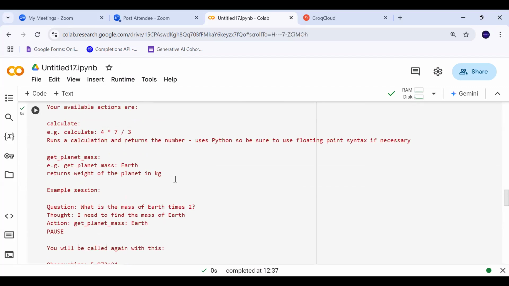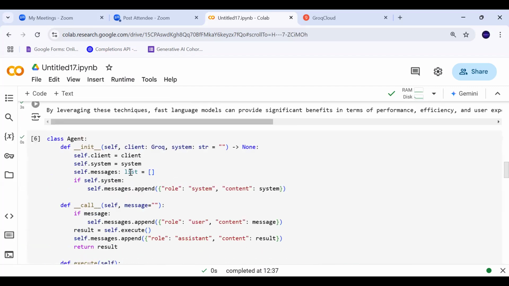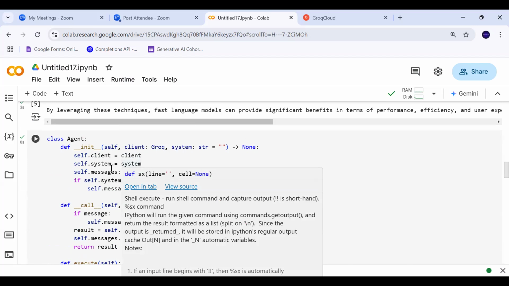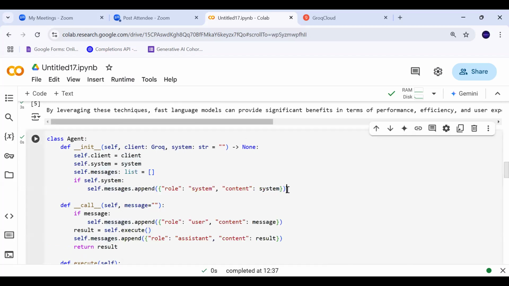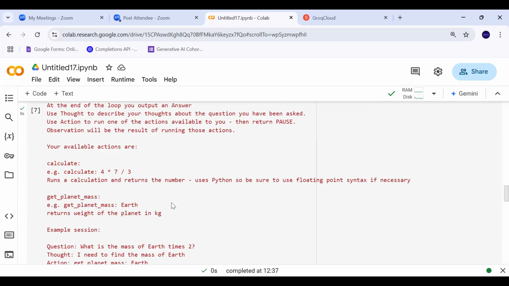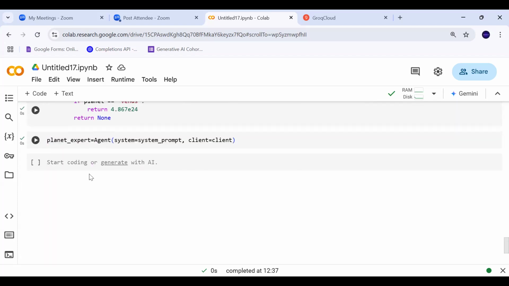When you call the init method, what will happen? It will set self.client as the client, self.system as the system, and it will append the system message into self.messages. Let's see whether it is there or not.